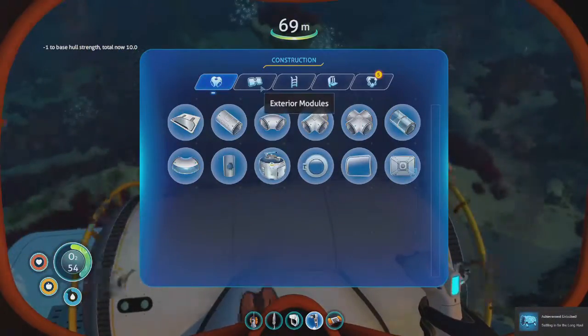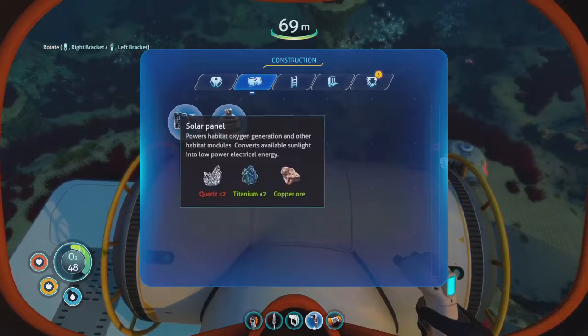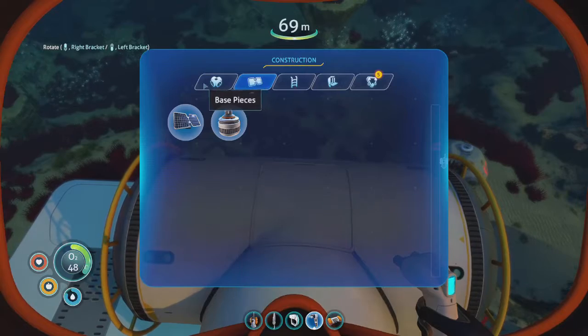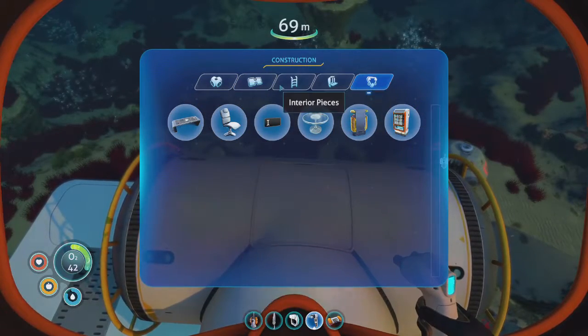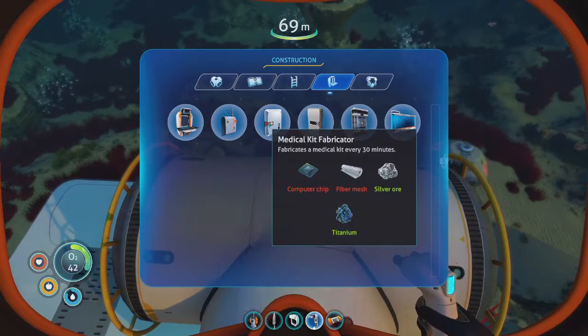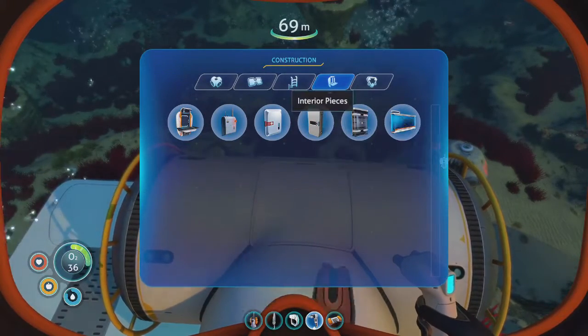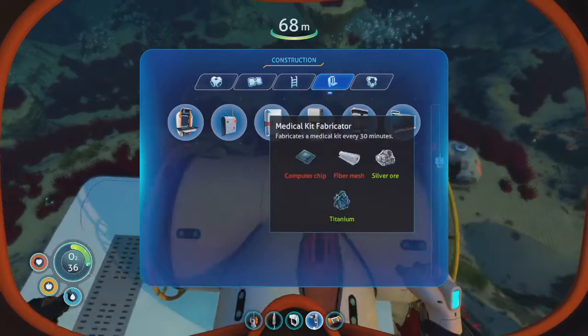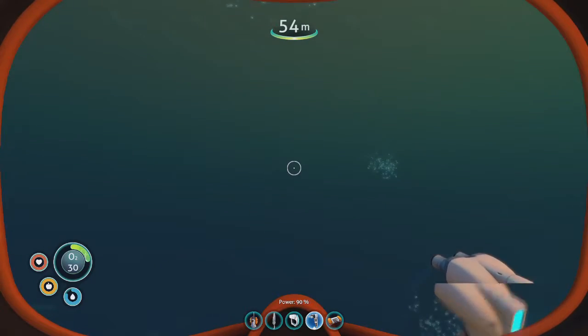Next issue is, not issue, but the next we need, shucks. We need 2 quartz for that. Shoot. So then we can use those as well. We're gonna need a lot of stuff to get this ready. At least for now. Let's get some oxygen before we